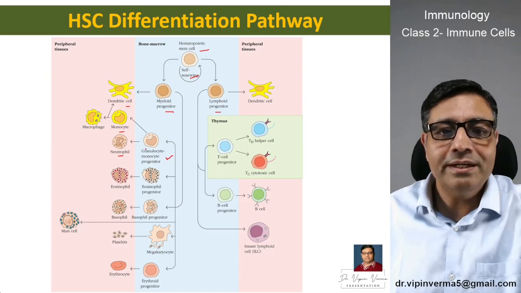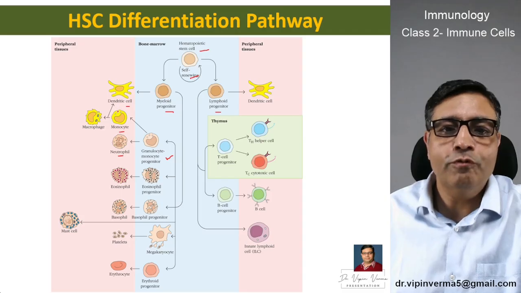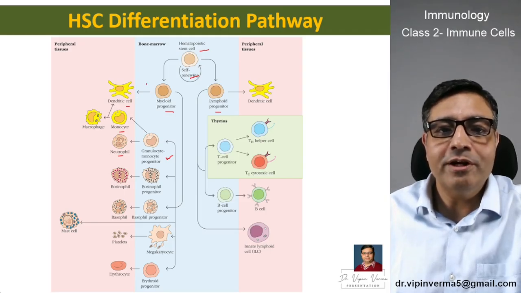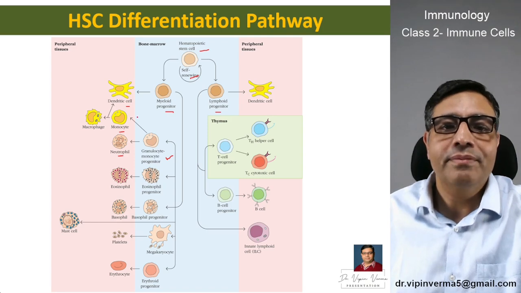Okay, so here the granulocyte monocyte progenitor is forming the monocytes and releasing them into the blood, and then this monocyte goes into the tissue forming macrophages. It can also form dendritic cells, or dendritic cells of the myeloid progeny can also be formed directly from the myeloid progenitor cell. Now,